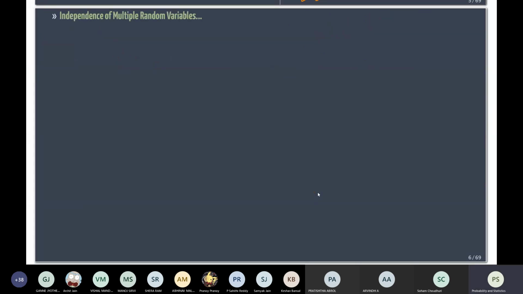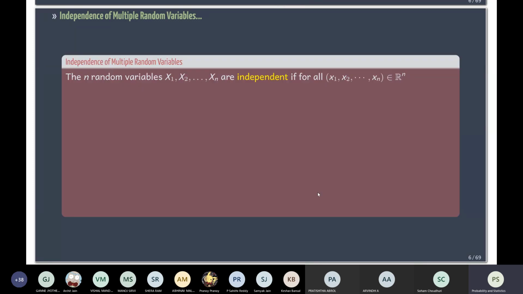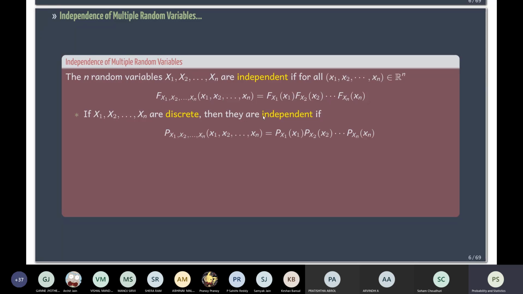Okay, so we can also talk about independence of multiple random variables, just like we have done independence for the 2 case. These are just extensions of the two case. Now we have a general n random variable case. Again, the definition is simple. The CDF with respect to x1 to xn will be the product of the individual CDFs. If x1, x2, xn are discrete, then they are defined to be independent if